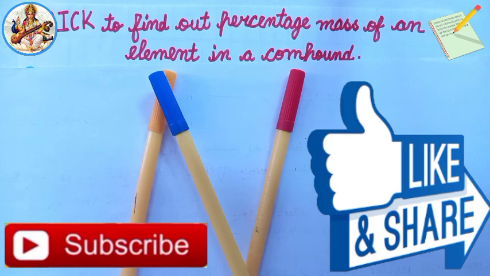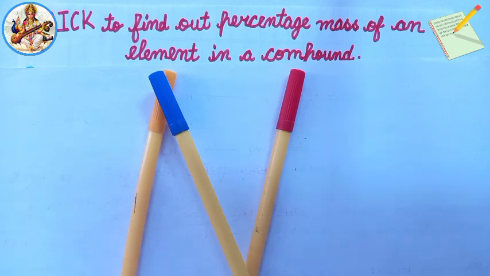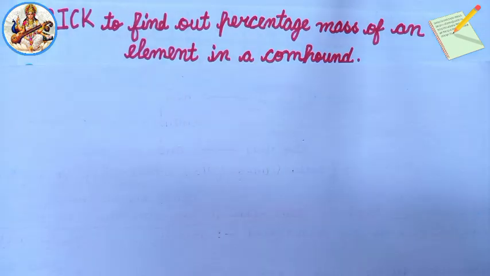Again in chemistry world. In today's session, I am going to discuss a trick to find out the percentage mass of an element in a compound. The systematic study of a compound is possible by knowing its chemical formula. For this, we can determine the amount of that substance by the chemical analysis of a defined amount. The obtained results are expressed in terms of percentage composition.